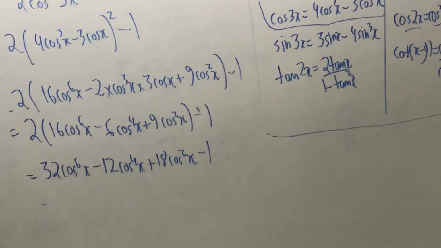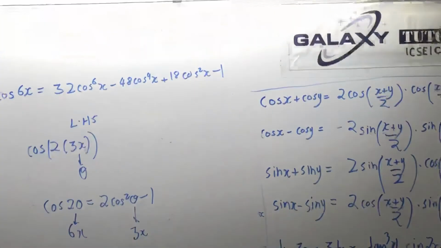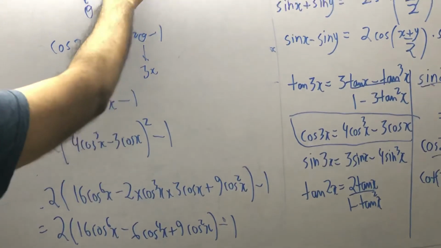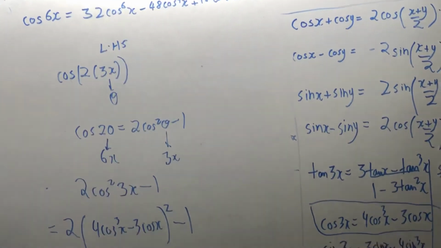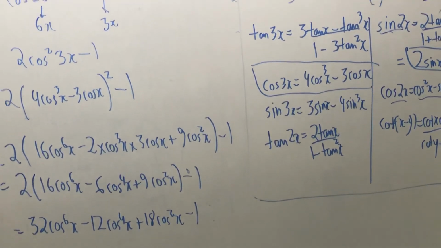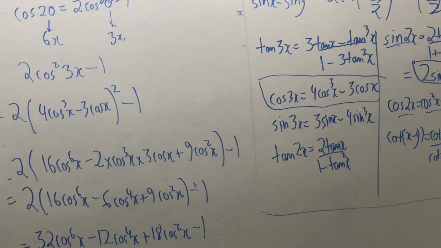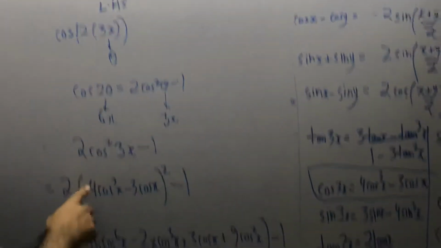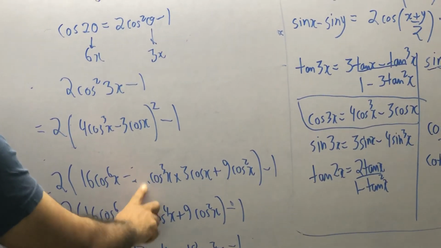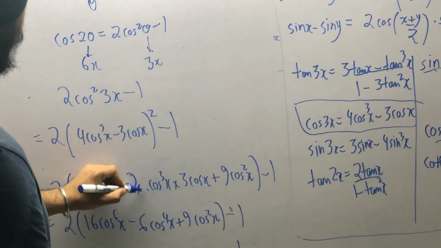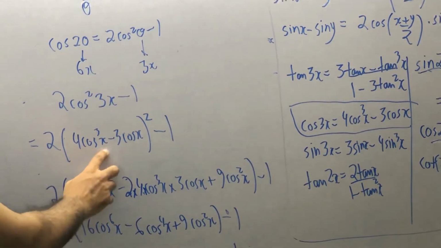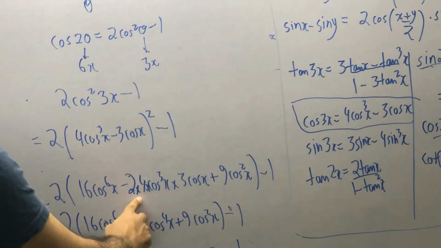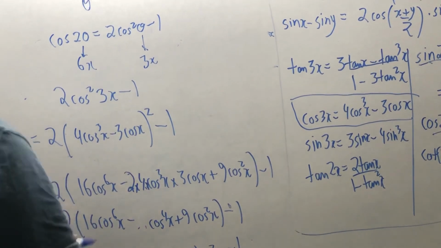See, LHS is equal to, okay, there is some mistake here. We have here 32. We got 32, 18 also we got. The only missing term is cos raised to the power 4. So this should be my mistake, sorry. I forgot to write here 2 into 4 into, because this is 4 cos cube x. So 2 into 4 into 3, that is 4 2s are 8, 8 3s are 24.